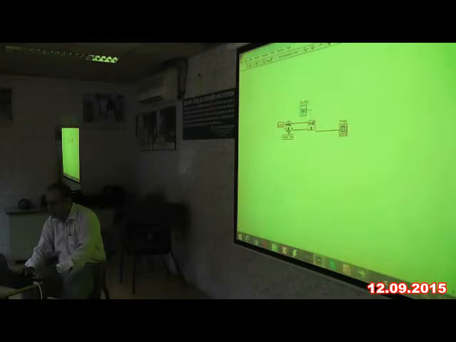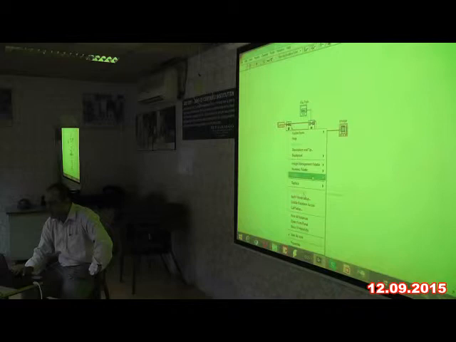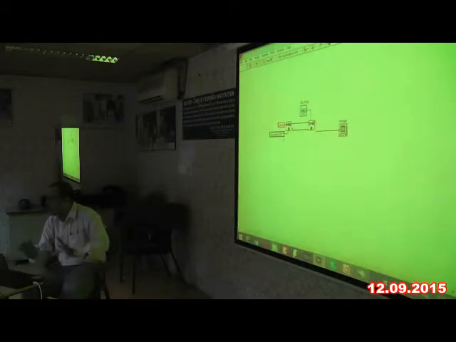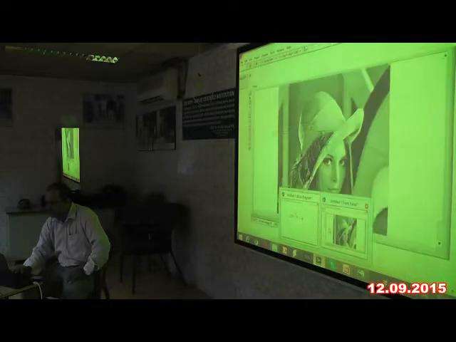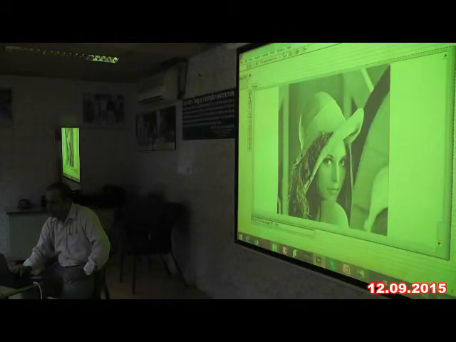Here I have image type, in my IMAQ Create. So create a constant. It shows grayscale, so by default it is configured as grayscale. That is why I am only getting a grayscale image. I need to change it to color, RGB. If I change it to RGB and run it, now it becomes a color image. So that is how I can convert my color image into a grayscale image also.